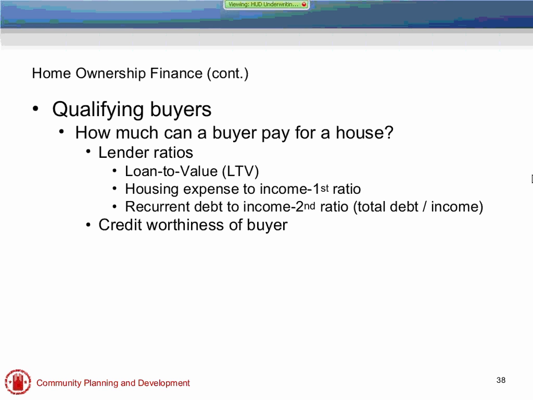There's Veterans Affairs programs, Fannie Mae and Freddie Mac have programs, there's rural housing programs, the FHA lending programs. So there's a lot of different types of affordable homeownership programs that are available out there that are going to have slightly different lender ratios and really help to subsidize these home buyers for the affordable housing.